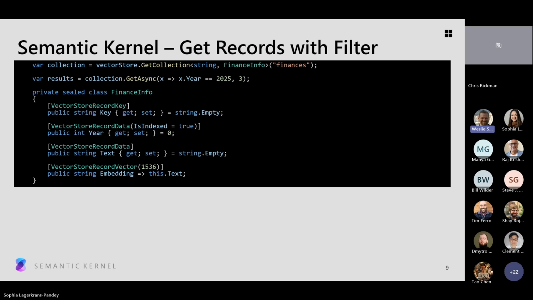Any questions on that? Is it possible to do hybrid search in this? Yeah, we already support hybrid search. It is not part of this feature, obviously, but this is already something that we support. I can post a link to our documentation on that in the chat.